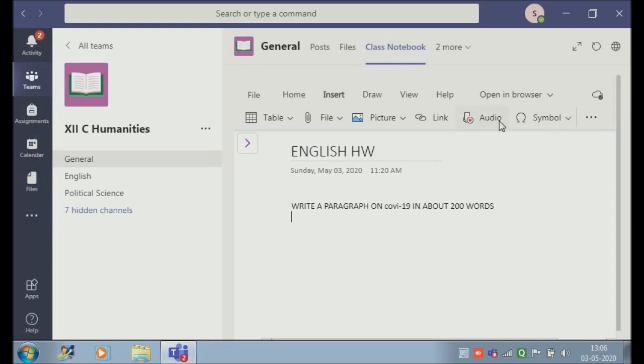And audio can also be posted, symbols can be used. And we need to just instruct the students to follow these steps, so that OneNote can be used properly.